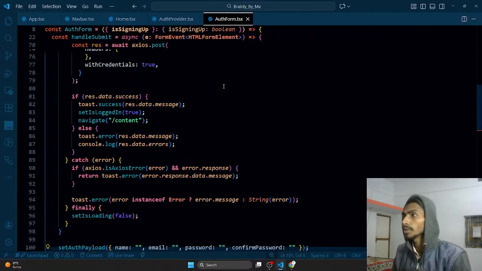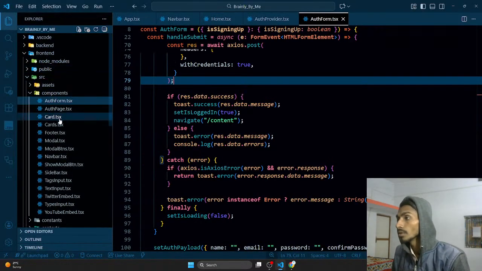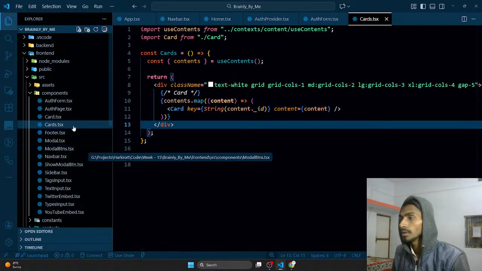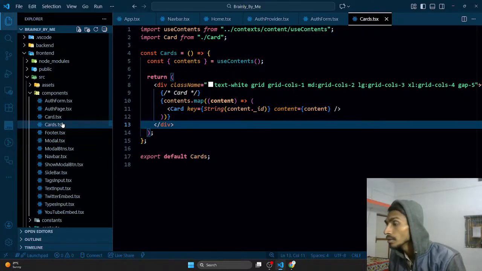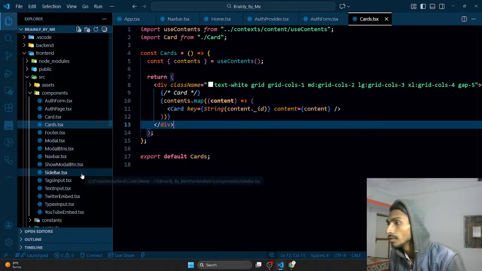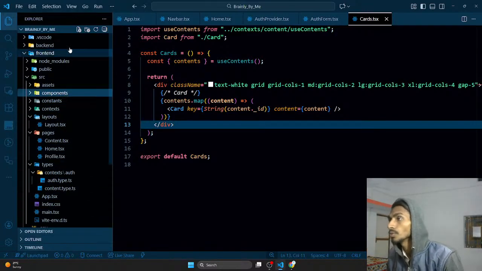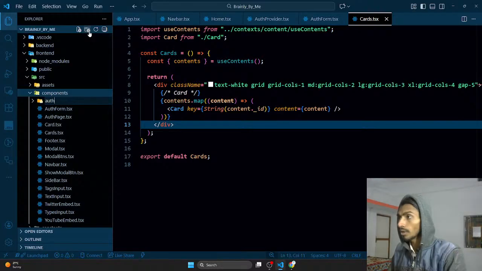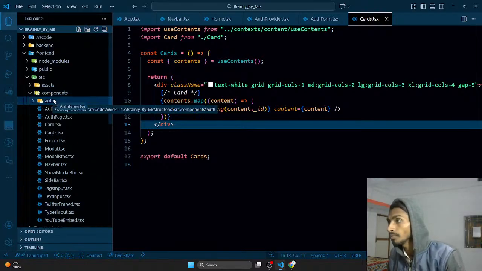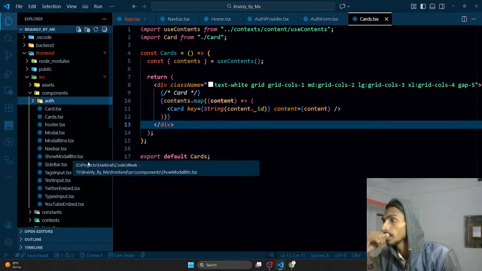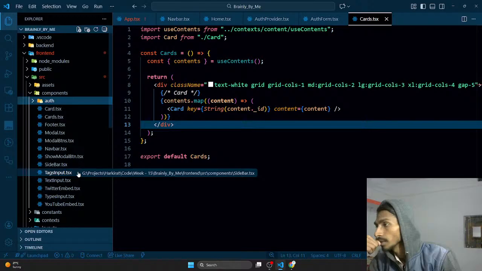So let's go to the content page that I have, that means the cards. So let's go here, the cards that I have, that would be inside YouTube embed text. So many things are here. Let's do one thing. Let's get a folder called auth. Inside that I will have auth form. Inside that I will have auth page, and footer, model, and nav bar, and show model button, sidebar, text input,